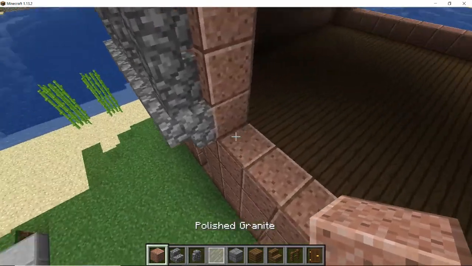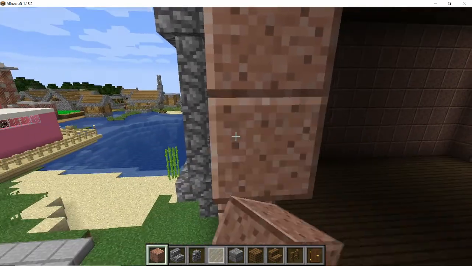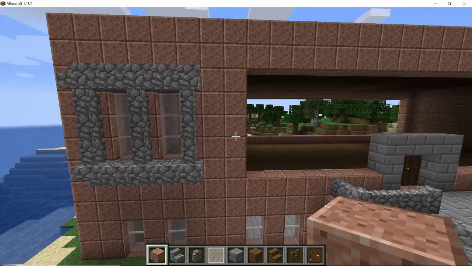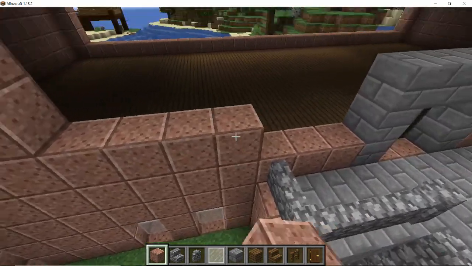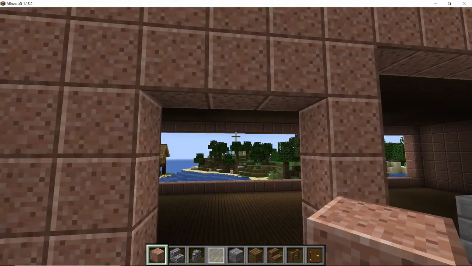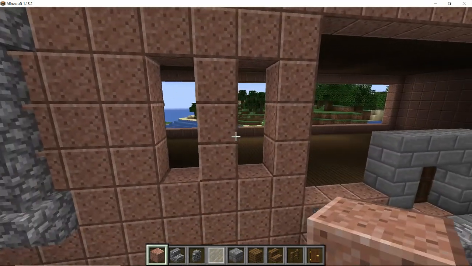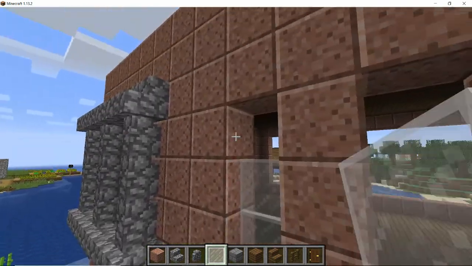Grab your polished andesite, put 2 rows up the side like this, put 1, 2, 3, 4, join on the 4th one top to bottom and put 1 row across the top, join up the centre like so. We're doing exactly the same as we did before. Put in the glass,